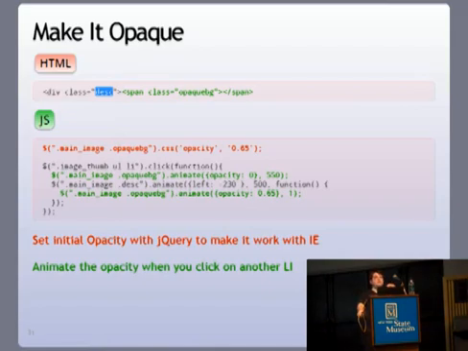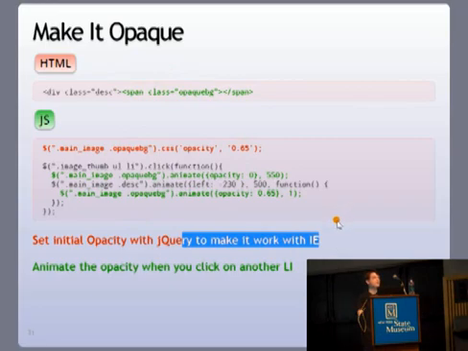You're going to have a hard time seeing it. We want the image background to be transparent, but we want the text to really pop out of there. So what we do is create an opaque BG span that has a CSS background image set to, I think, an 80% opacity PNG image, and then we set the CSS with jQuery to an opacity of 0.65. The reason we do this is to make it work with Internet Explorer, because Internet Explorer does not